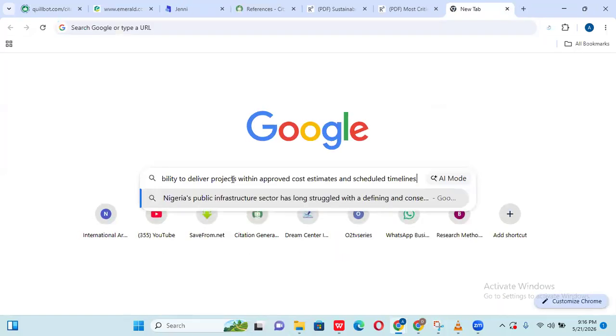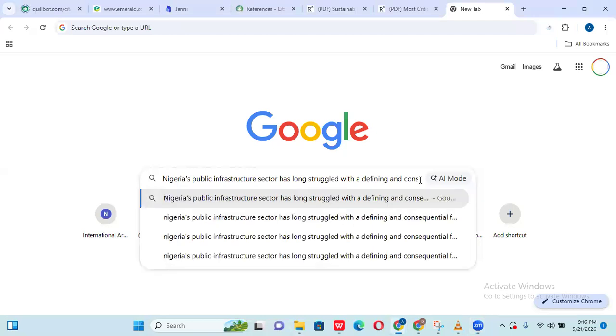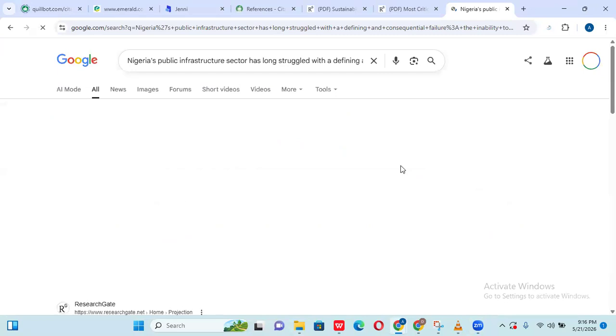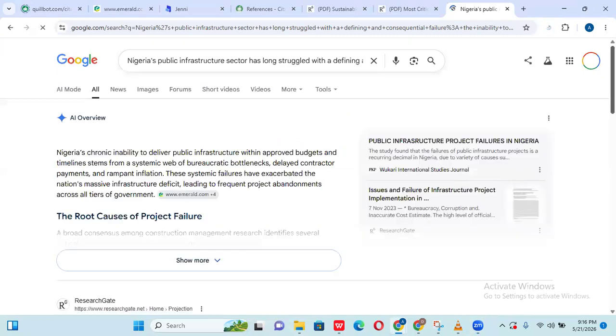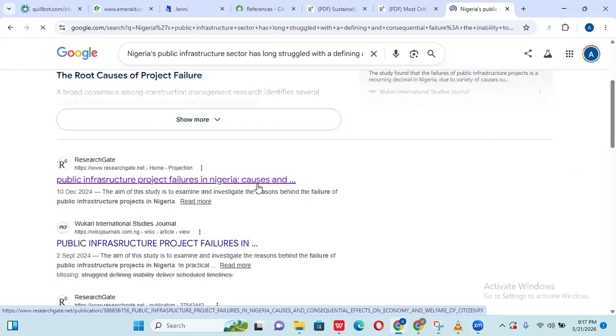Google and paste it. I'm not using AI mode. I used to use AI mode in between. No, I'm not using AI mode. All right. So you take it to Google. So this is the most related journal. So you open it,